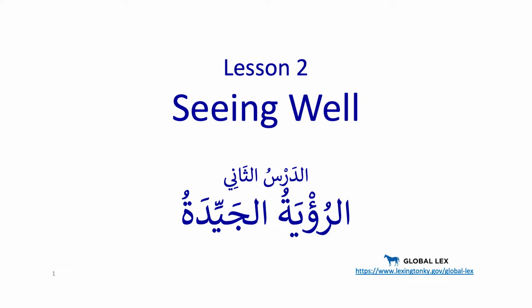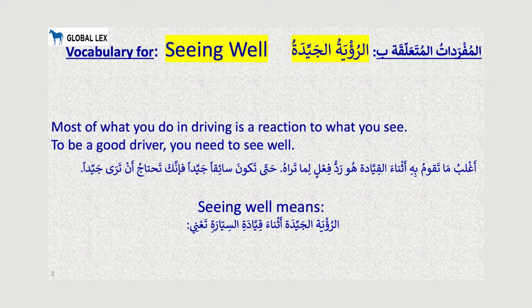Lesson 2, Seeing Well. Vocabulary for seeing well. Most of what you do in driving is a reaction to what you see. To be a good driver, you need to see well. Seeing well means